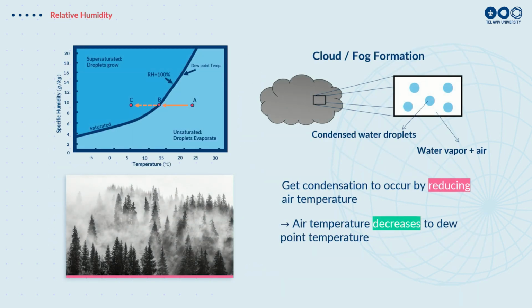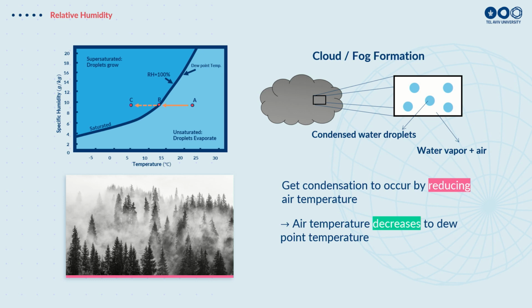An example of this is simply fog. Fog which forms in the nighttime. We have, again, going from A to B to C. On the top left plot, we're taking air which is not saturated in the daytime. At nighttime, the temperatures drop, it starts to cool, gets to B, and as you can see on the bottom left around the forests, we start to see fog.